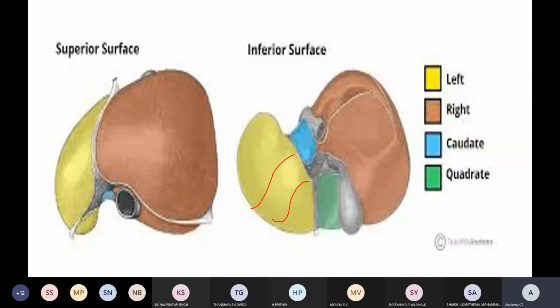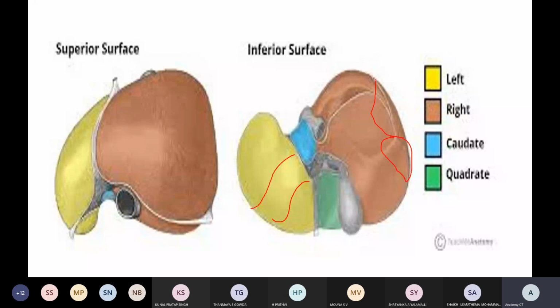And what happens towards the right side? So there is a lesser omentum, and exactly over here there is the colic flexure. It means there is the ascending colon, and there is a transverse colon migrating somewhere else here. So that particular area comes in relation to exactly over here, that is what we used to call the right colic flexure, and partially the transverse colon moves along like this.